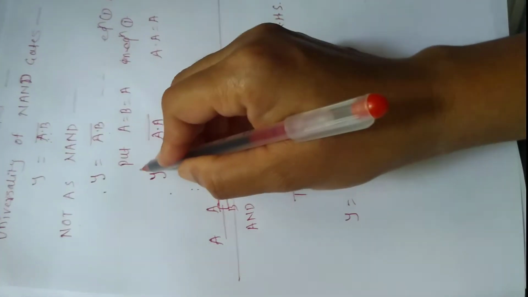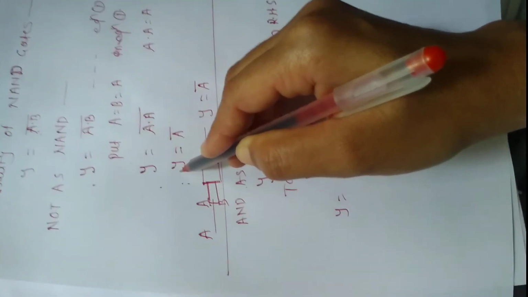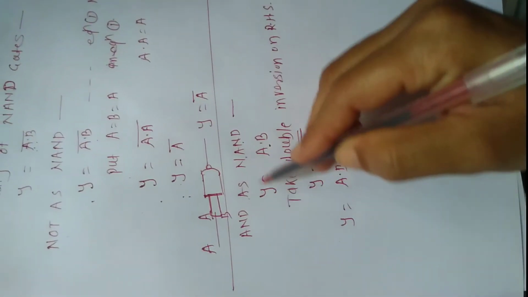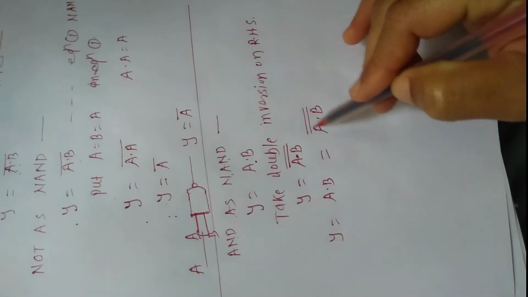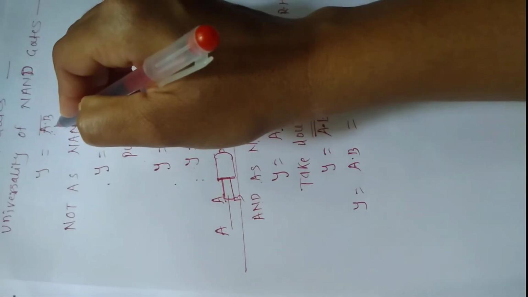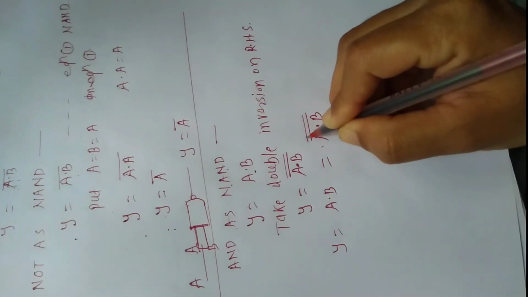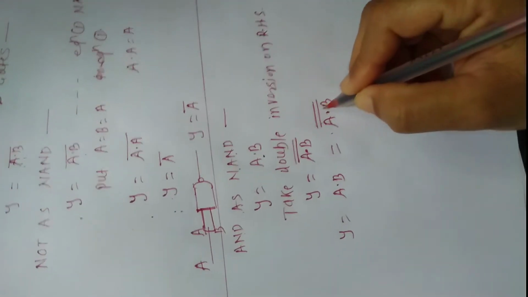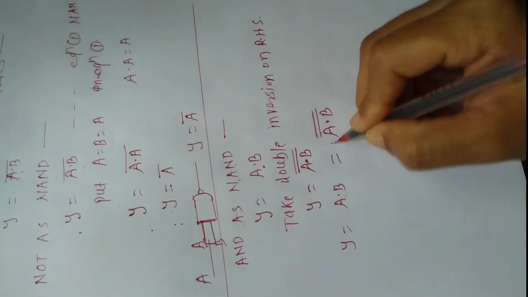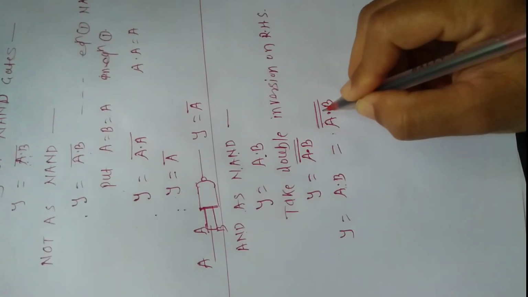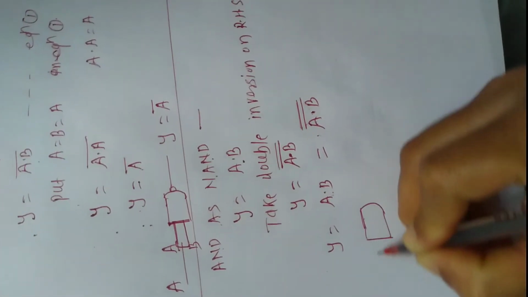But in NOT as a NAND, from the expression of NAND we bring the expression of NOT gate, but in the other universalities, the expression of AND gate or OR gate is converted into the form of NAND gate, that is known as a universal gate. So a into b complete bar, and this is a double bar, and this double bar gives back the original term a into b, that is an AND gate is represented in the form of NAND a into b double bar. So the diagram is also only in the form of NAND gate.